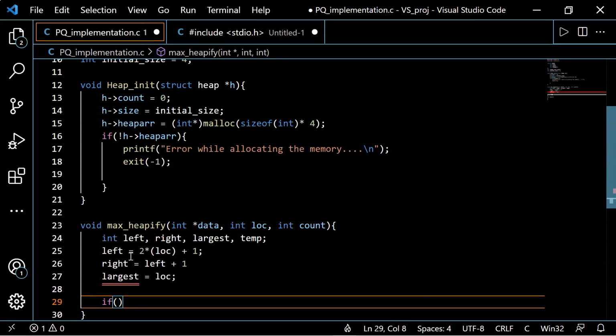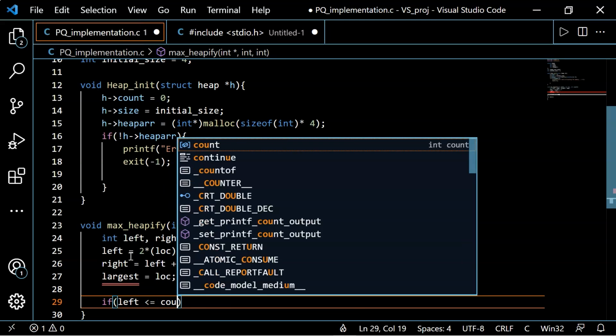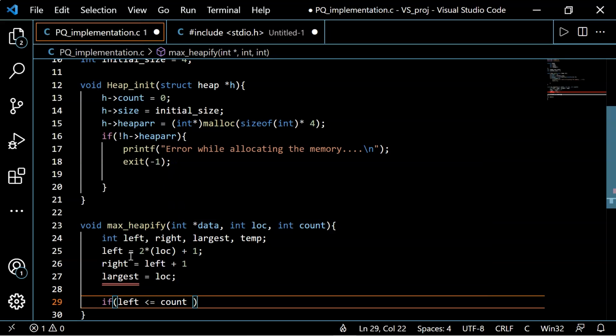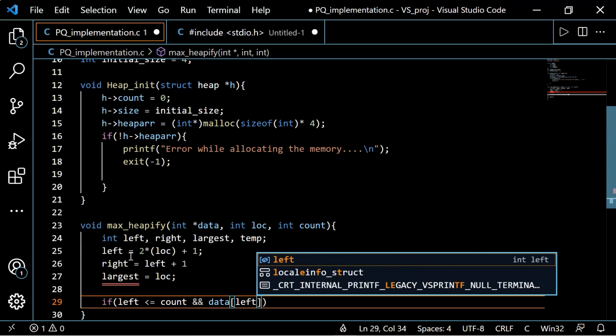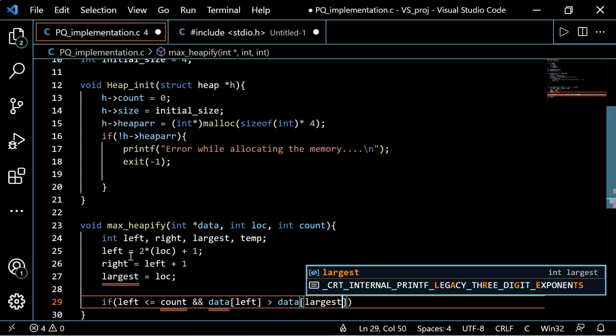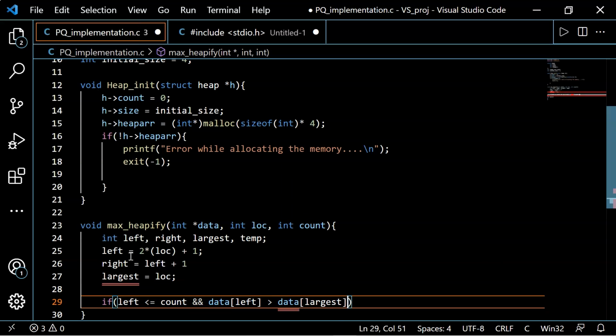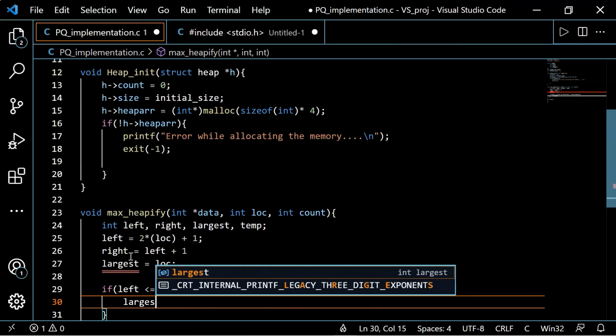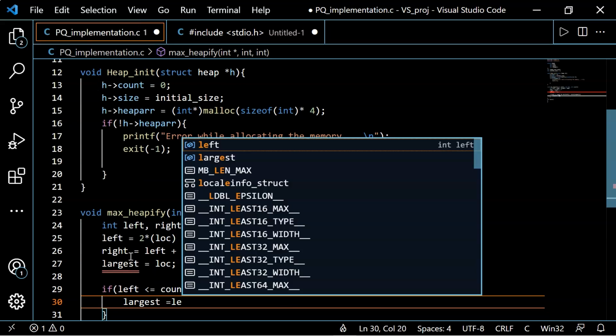If left is less than count, and data[left] is greater than data[largest], that is the location we have stored in the largest variable, then largest is equal to left.